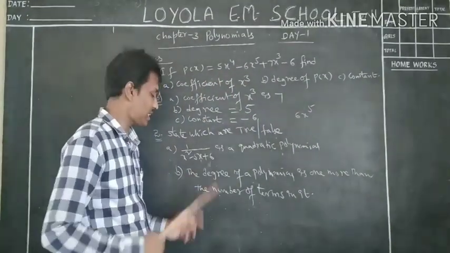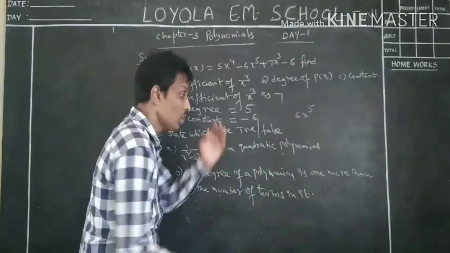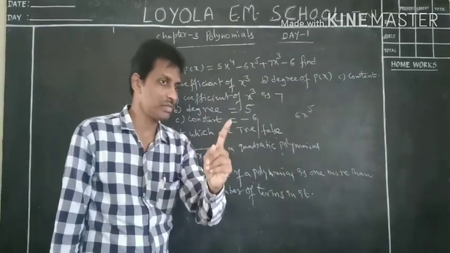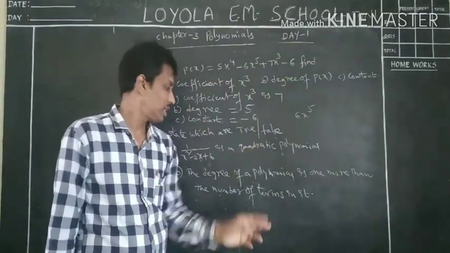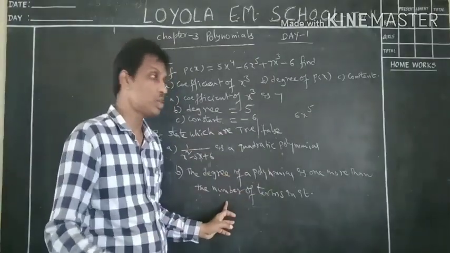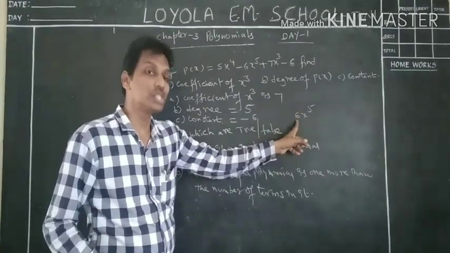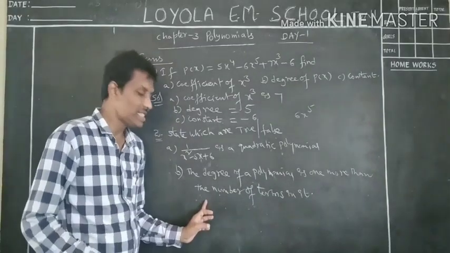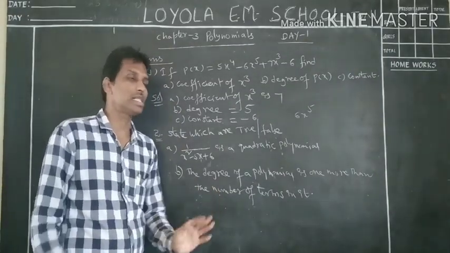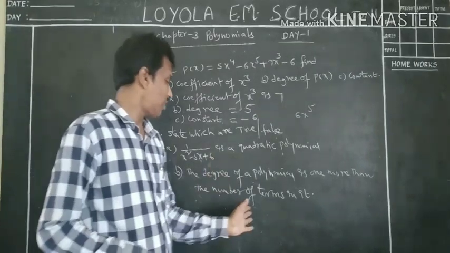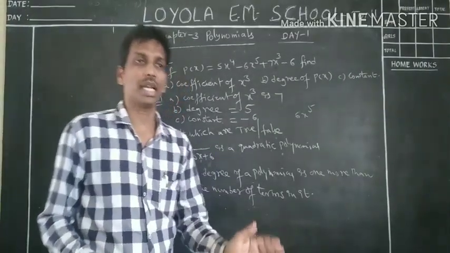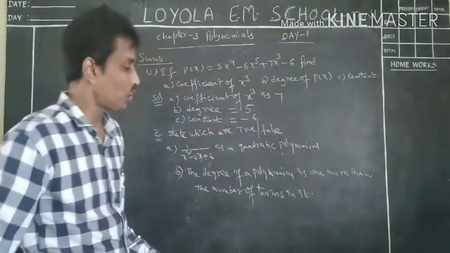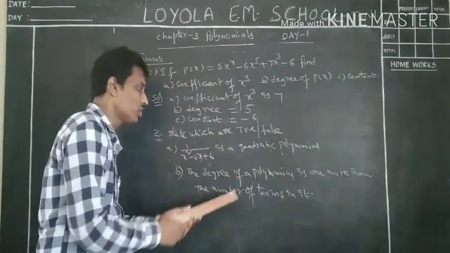What the statement says is that the degree of a polynomial is one more than the number of terms. Actually, here only one term is there. 1 plus 1, they are saying one more. 1 plus 1 is 2. Are we able to say this degree is 2? No, here the degree is 5. That means this is a false statement. Why? Because there is no relation between the degree of a polynomial and the number of terms containing it. Is it clear to all? Okay. Note down these two questions and express your own answers.